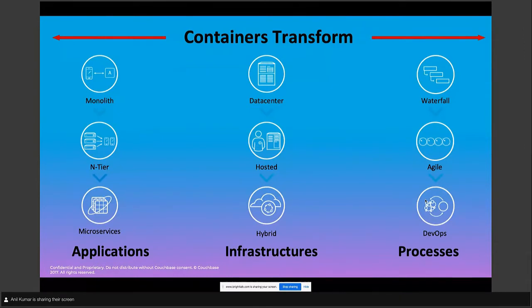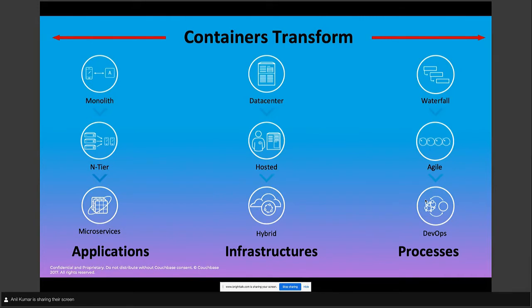When you look at application development, before it used to be monolithic, and it changed to the entire applications. And now with containers, you see microservice adoption, microservice applications. Similarly, for the data center, it used to be hosted.